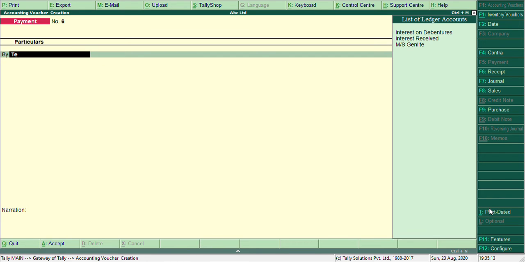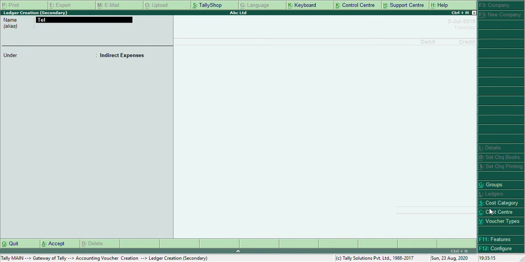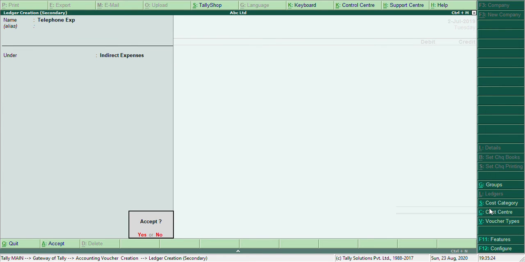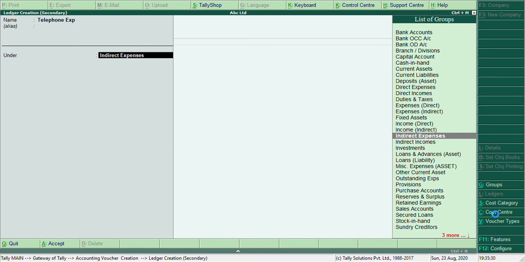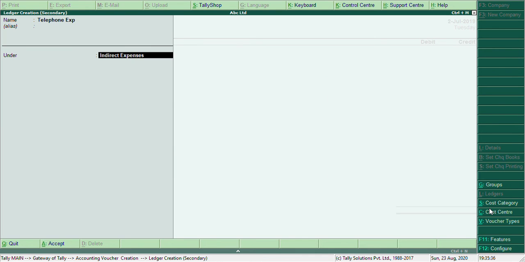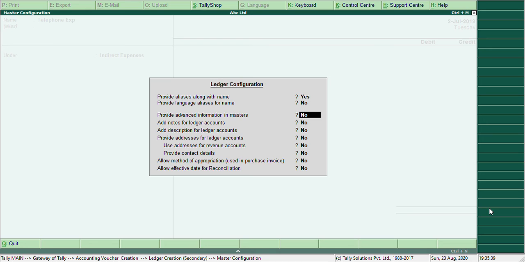Since telephone expense ledger is not there, we have to create it by pressing Alt plus C, telephone expenses, under direct expenses. While creating the ledger, there will be an option called advanced information in masters. So press F12 and provide advanced information in master, make it yes and enter.